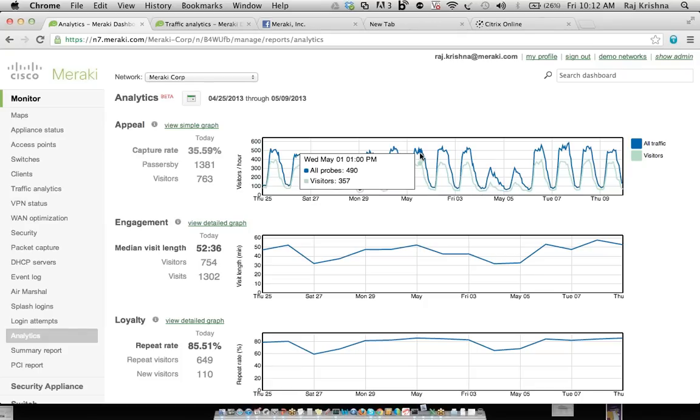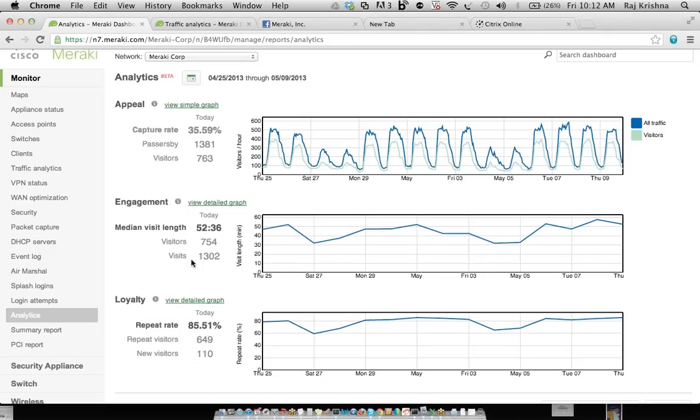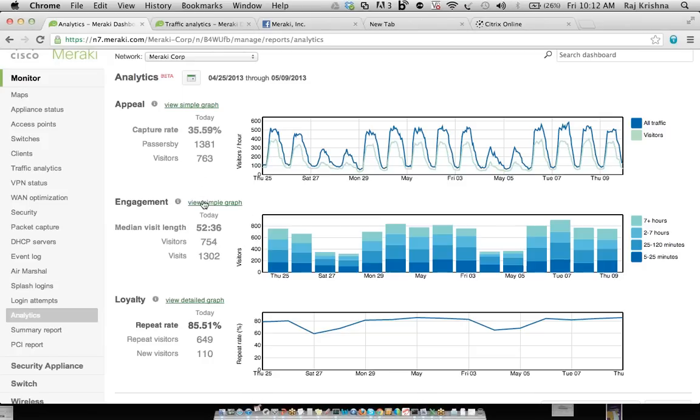That kind of makes sense because we're in a corporate and industrial area, and you may not have very high amounts of foot traffic, but you do have other businesses here as well. And if you do a mouse over, you can actually see specific number of probes by the hour. So on the 1st of May, Wednesday, about 490 people were seen in totality, and about 357 people were